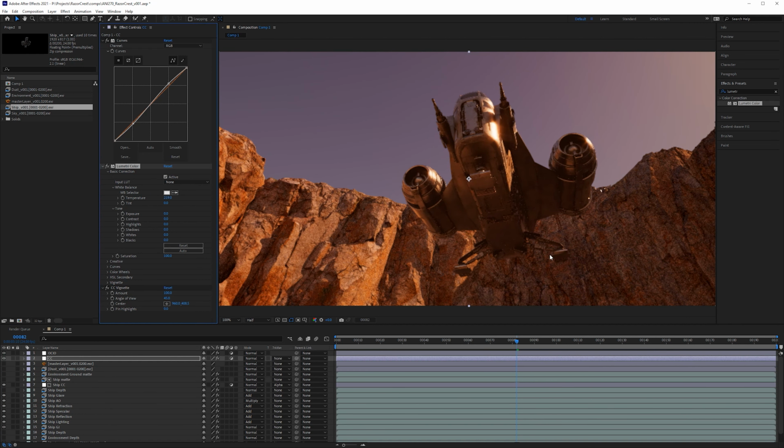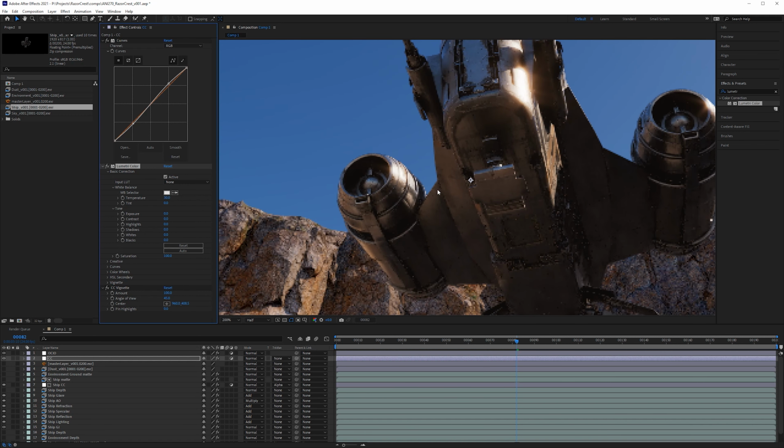Now, you wouldn't want to do something super saturated like this because it looks very, very oversaturated and fake. But you could do something pretty subtle, like you could do something like 30. And if we just toggle that on and off, we're just adding just a little bit of warmth to the shadows.